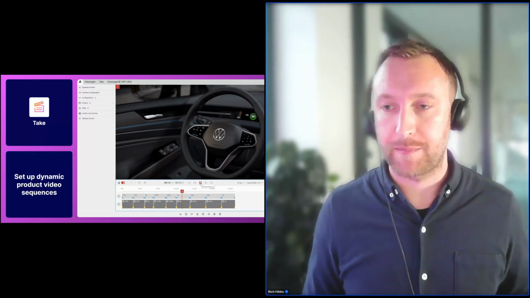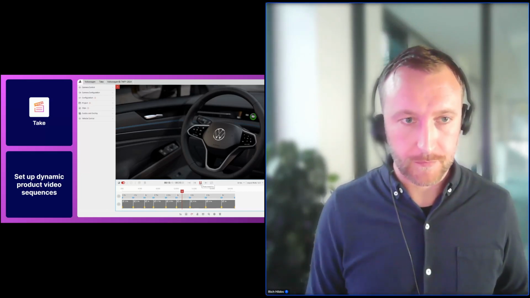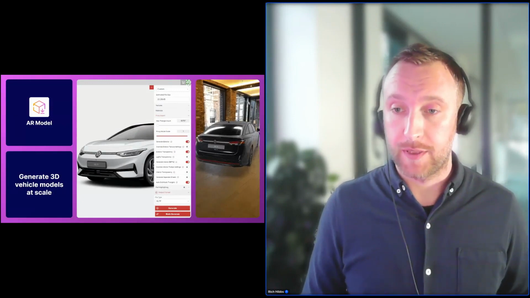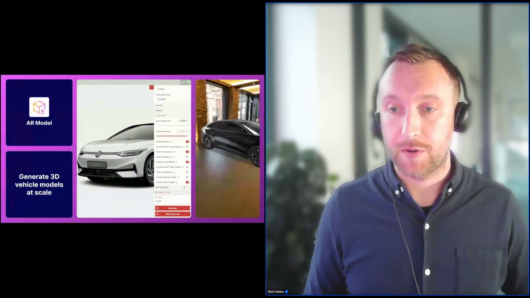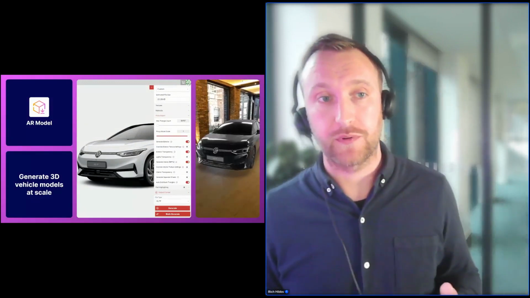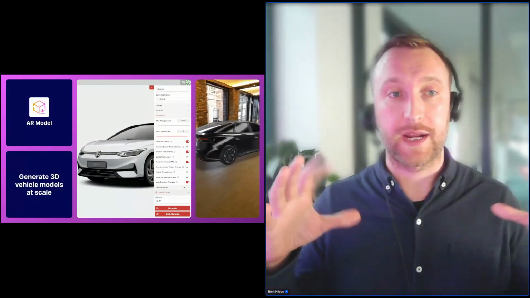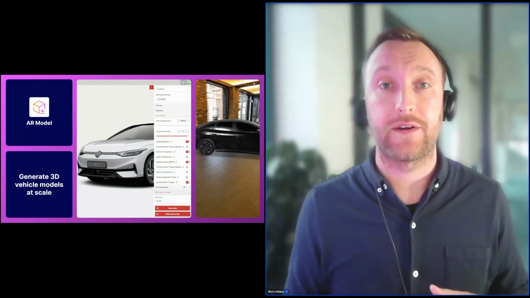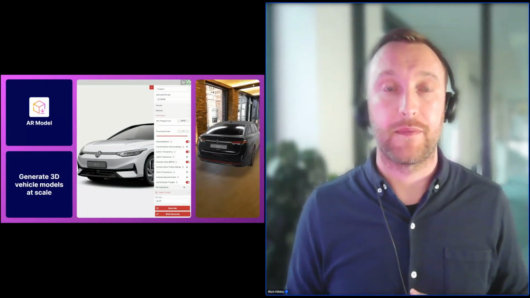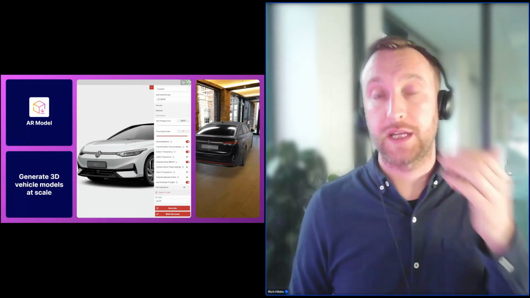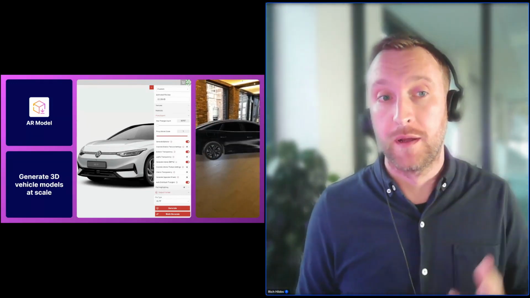Media, it could be used for website content. And then finally, the final app that we looked at was the AR model app. So very simple app this, but the work that it does is far from simple. It takes a master model and it creates a 3D model that's able to be shared on social media. It can be used in dealership, it can be used in events, it can be used in various points in your customer journey, it can be used by your CRM team.